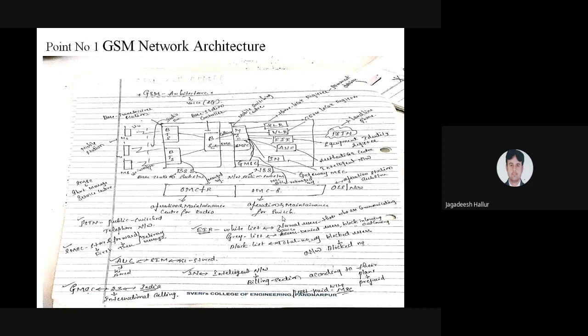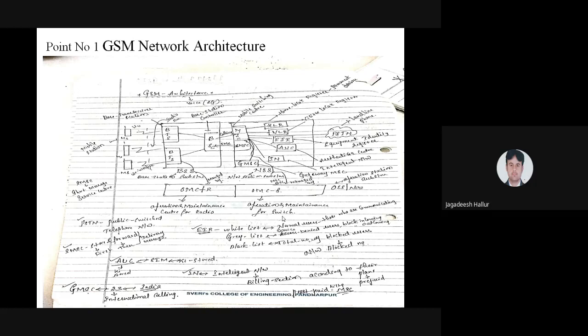Why is it present in the MSC? Because to track a particular person, that key is very useful. That has to be matched before any communication happens. Means what? Before authentication, how is the authentication to take place?